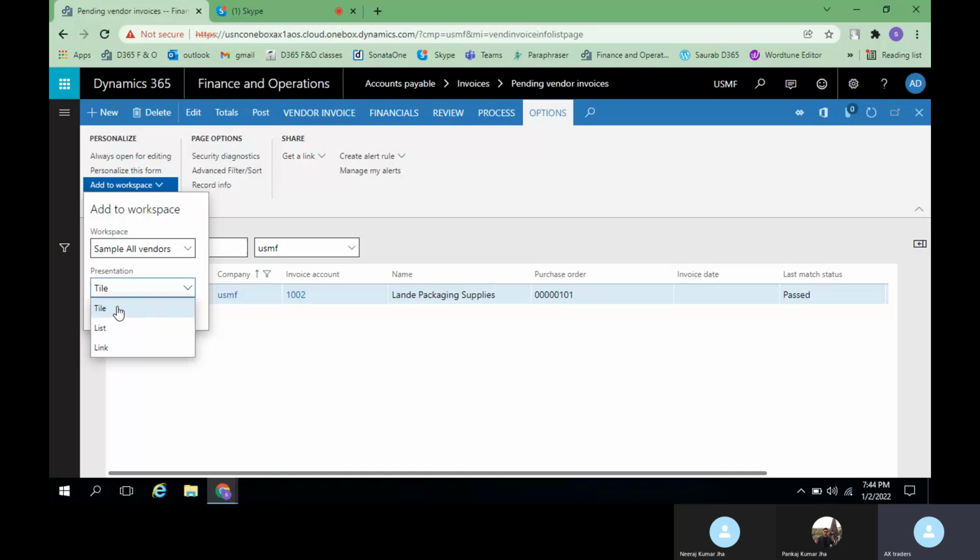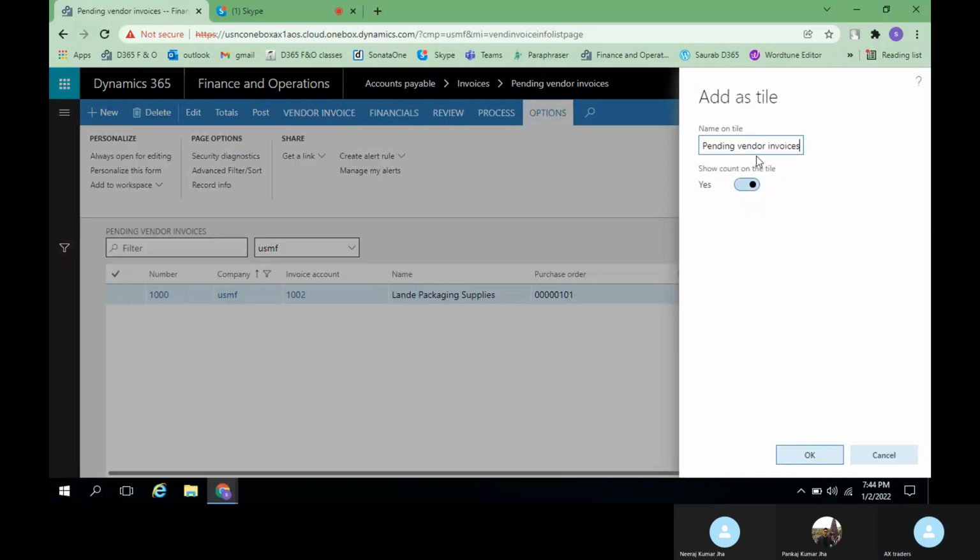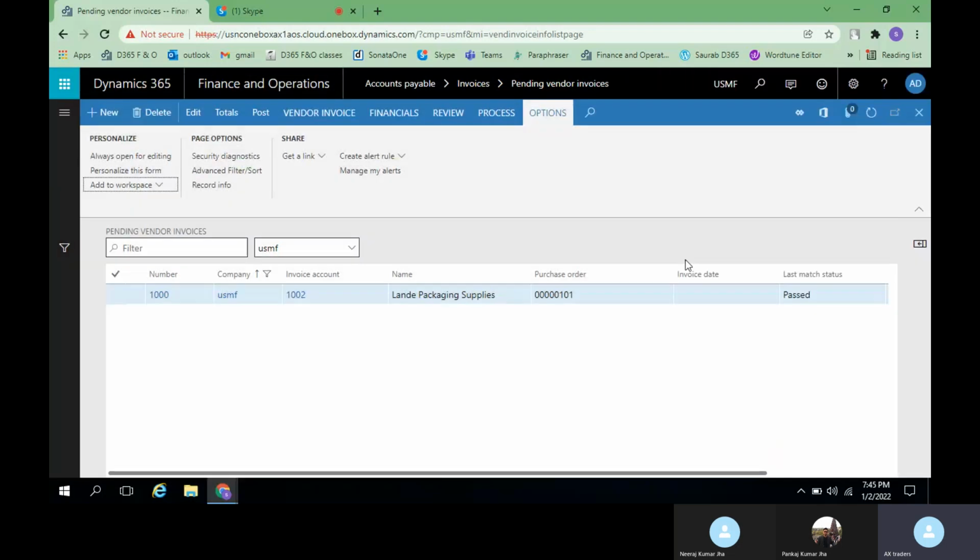Let me select this tile and then configure. Here you can rename it whatever name you want. The show count on the tile means if there are 100 pending vendor invoices, the moment you open the tile, it will show 100 pending vendor invoices. Since here there is only one invoice pending, it should show one pending invoice in the tile once you open that. So let us open the tile.